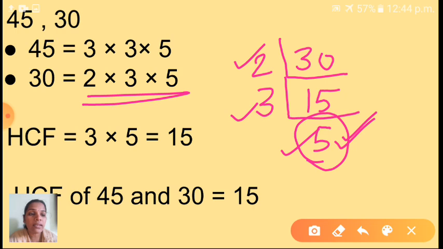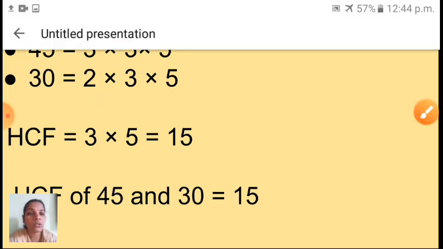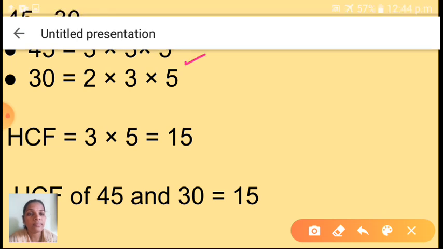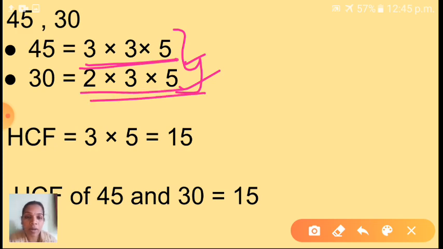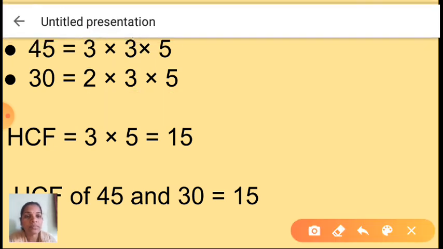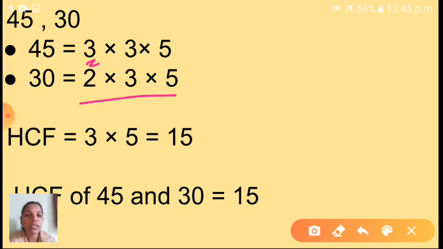Okay children, see, next after these two steps, what do we have to do? HCF we have to find. That means highest common factor. HCF is equal to, you have to compare these two. Yes, see here children, this is the first one and this is the second one. So which number is common in both lines? You have to see. First one is what here children? 3 is there. See here 3. Just check, here 3 is there or what? Yes. So here 1 3 and here 1 3. So instead of these 2 3s, you have to take 1, because this is the common factor.